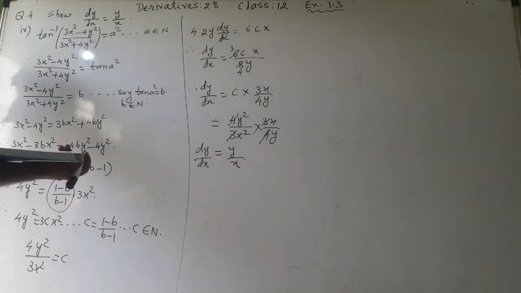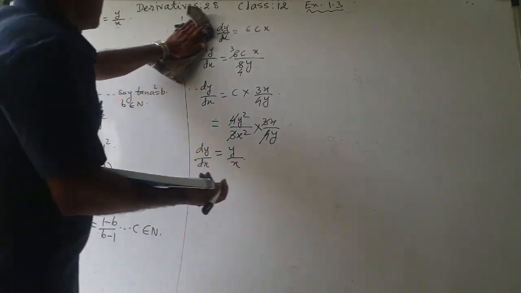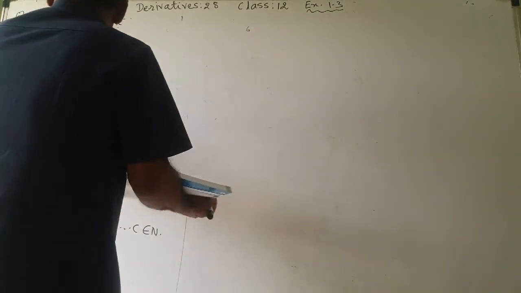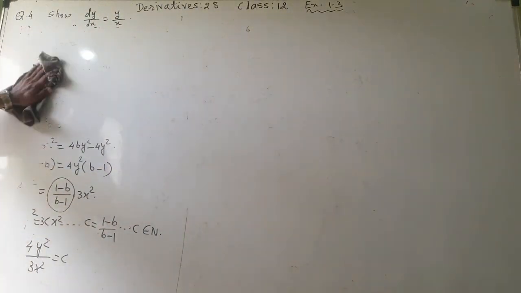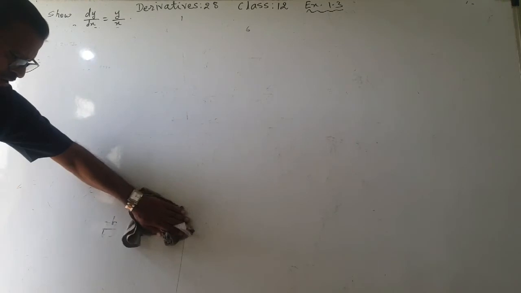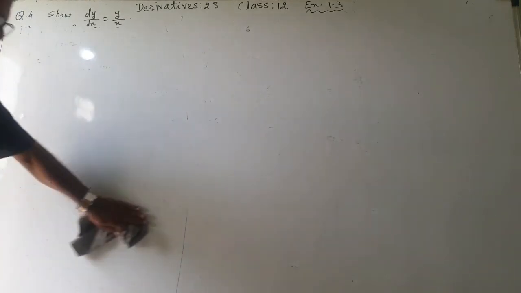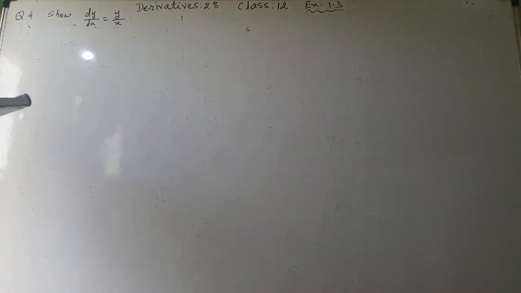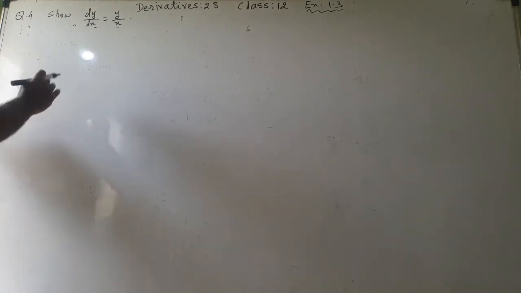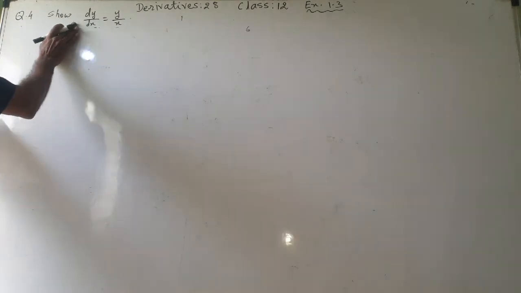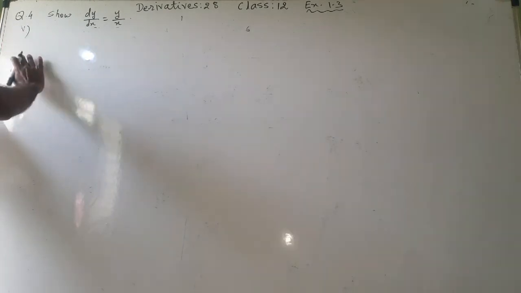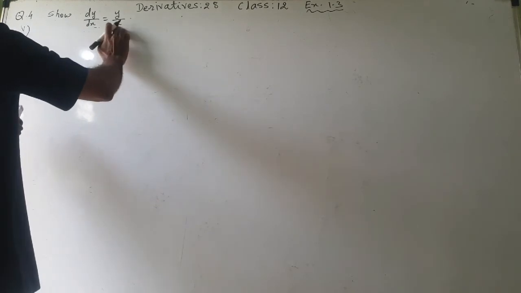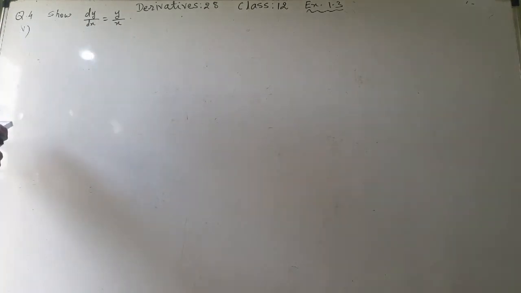Immediately the fifth sum we will solve. On the same base we will solve, because by u upon v it is becoming very lengthy, time consuming, and this method, that's what the textbook has suggested, but it is not compulsory that only by this way you can solve. You can solve by this u upon v method also. On the Zoom app I have explained to you that way how to do.